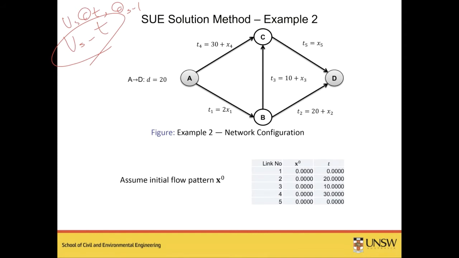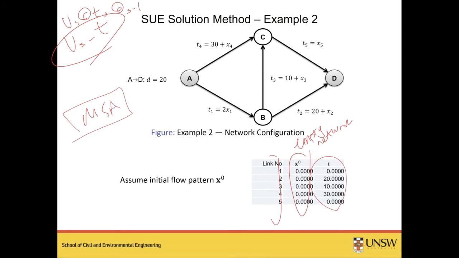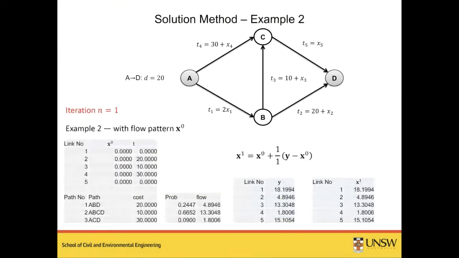So we assume nobody's in the network. Network is empty. So let's find the link travel times. So we have the link numbers. This is the empty network. So this is applying MSA. And we get the link travel times, right? So these are my X0s and T0s. And then from that,